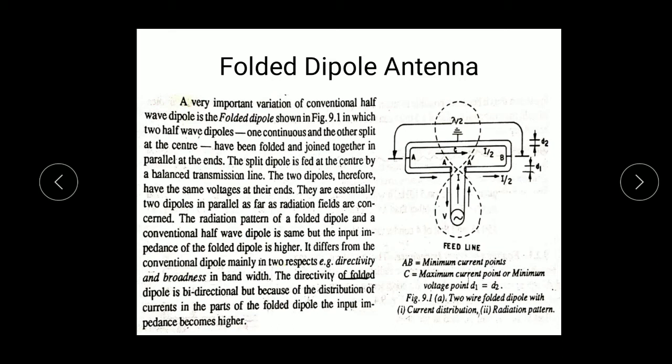The radiation pattern of the folded dipole antenna is similar to the dipole antenna. Basically it is the edge shape radiation pattern, or you can say the dumbbell shape of radiation pattern. But the folded dipole antenna has advanced characteristics compared to the dipole antenna: directivity, gain and input impedance of the antenna, and broadness of the frequency.